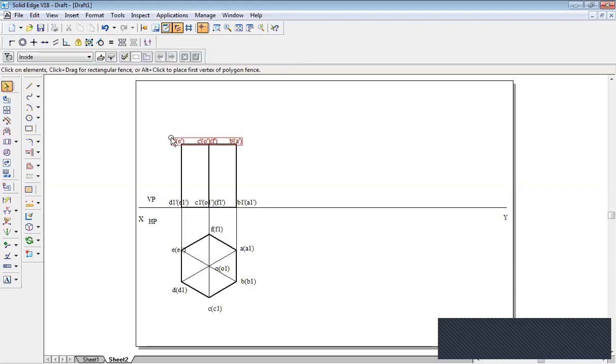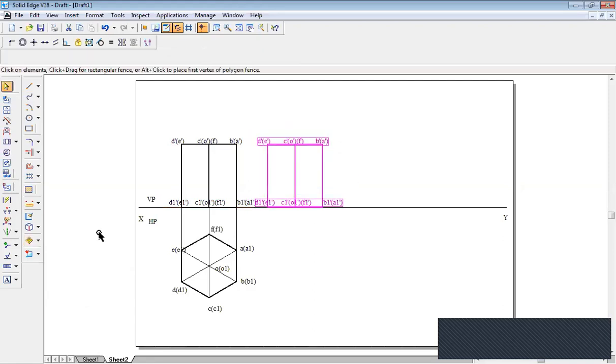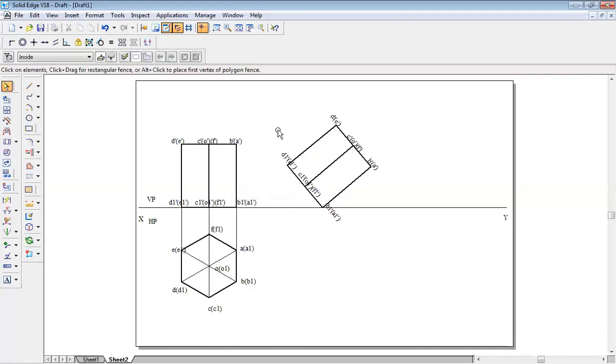Okay, now axis inclined to HP at 40 degrees. So select the entire thing, go to move command, switch on the copy option, go to the base, which is the resting condition, go to that point and put it on XY line. Second position: he says axis inclined to HP at 40 degrees. So base will be 90 minus 40, that is 50 degrees. Rotation angle 50. Click on the above, you'll get this line.